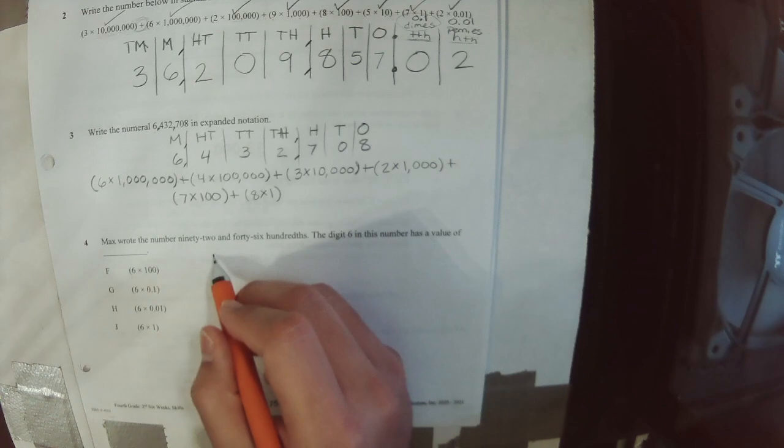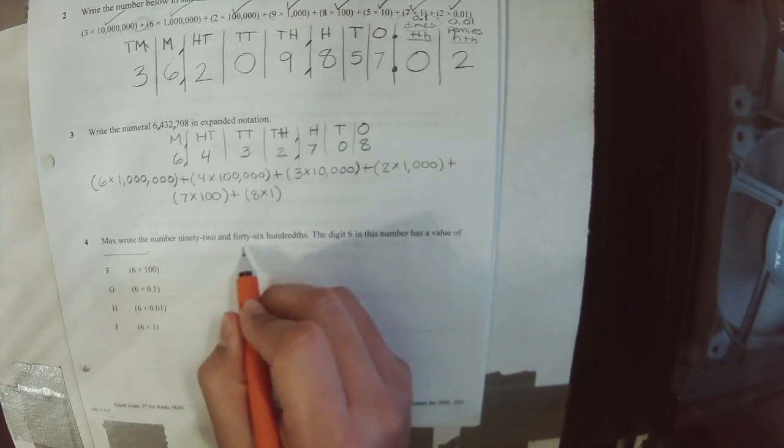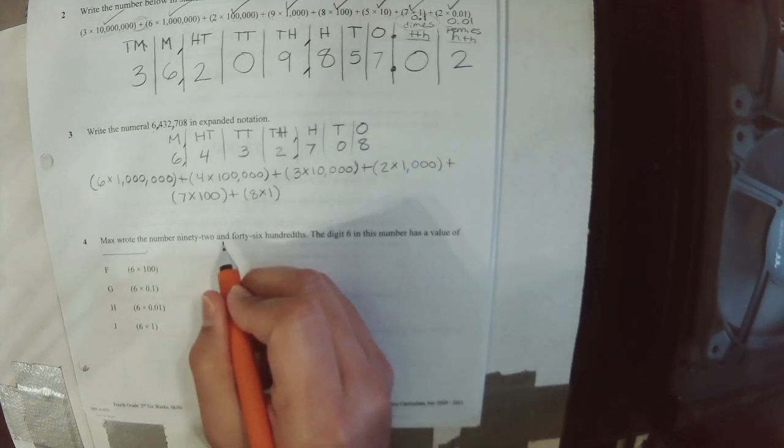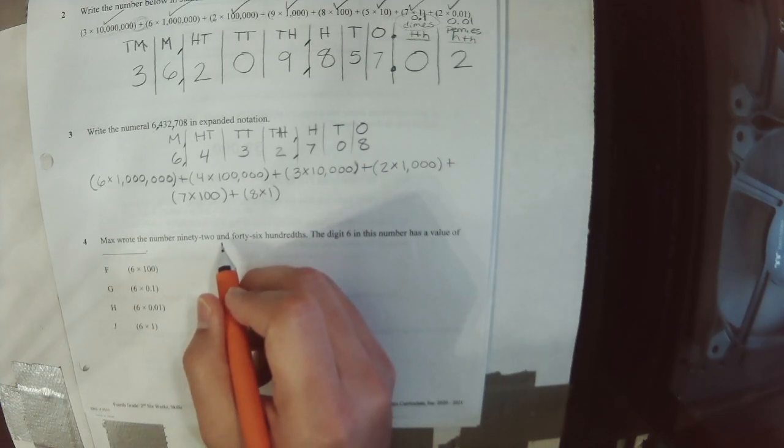First, I have to change my number from word form into standard form. I want to know what it looks like. They did give me one big clue. When they wrote the number, they used the word and. We talked about this yesterday. When I see a number in word form and they use the word and,